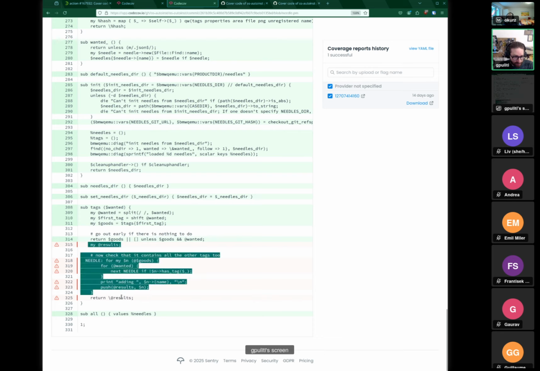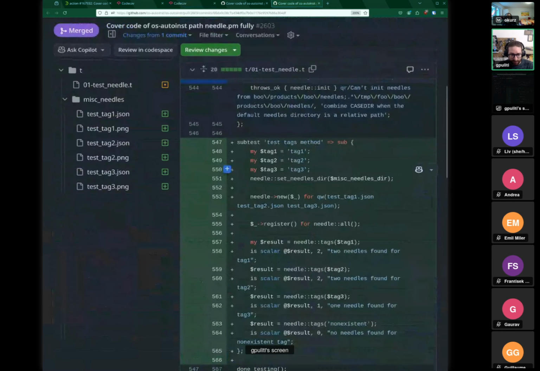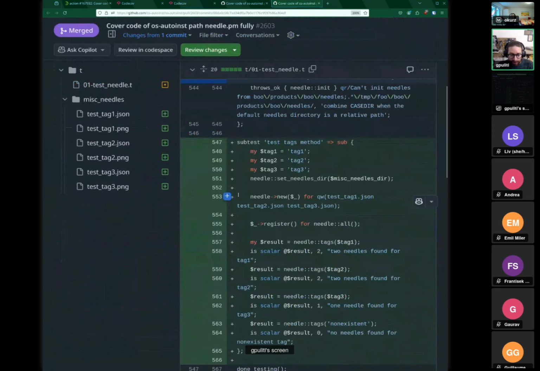But all of these elements are not covered. So in order to cover them, I have created this new subtest that simply creates